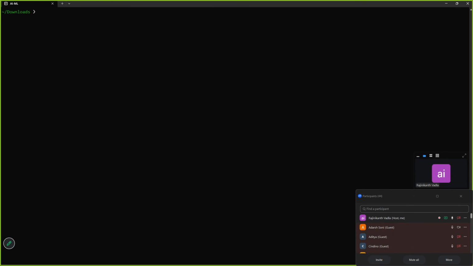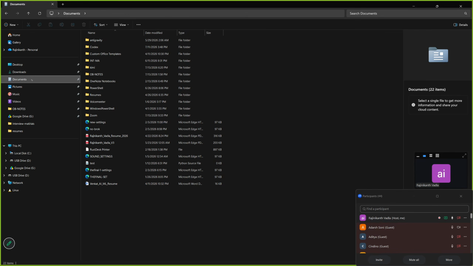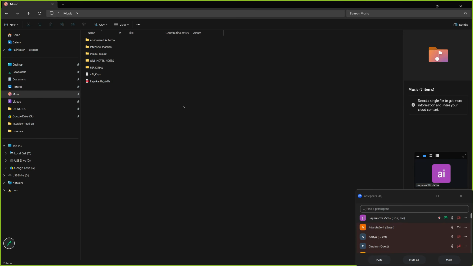Let me go to this area, sir. Right-click here and you can see Open Terminal, or you can type terminal here. When you press enter, it automatically opens the terminal or CMD.